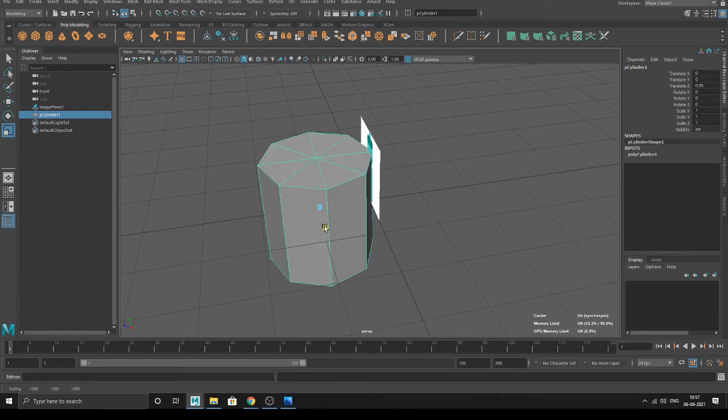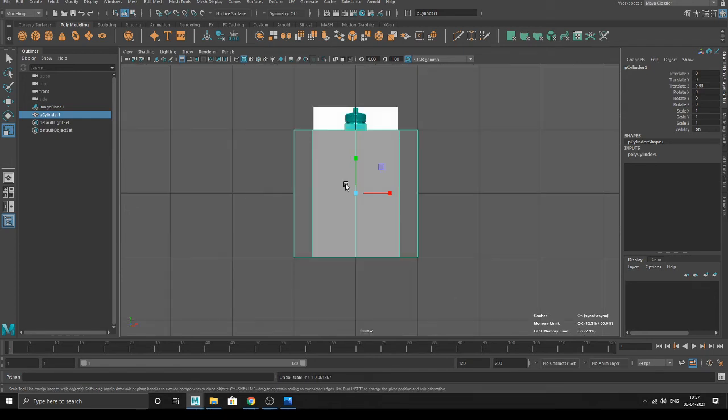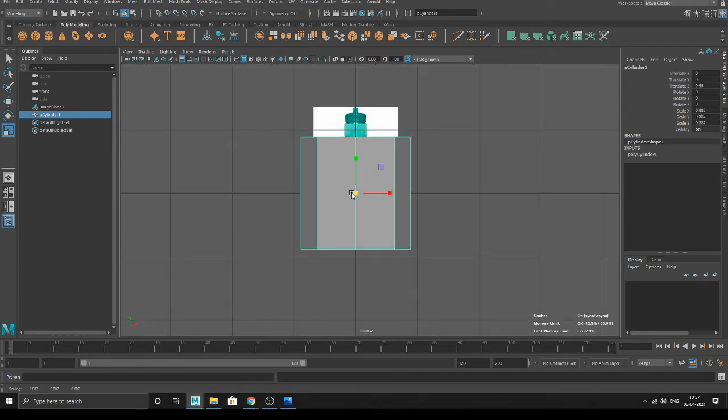What we did is we just scaled it from one axis. It's a cylinder. Whenever you're working with a cylinder, how do you scale it down? From between. Everything should be equal. You can't scale it from a single axis, because it's a cylinder. So we scale it with the help of the middle box: left click in the middle box, drag it and scale it down.